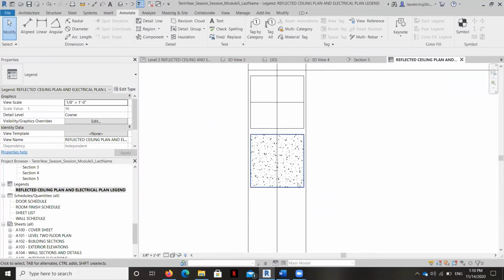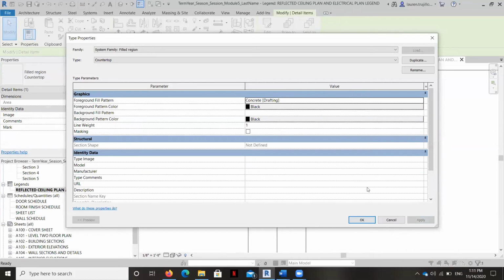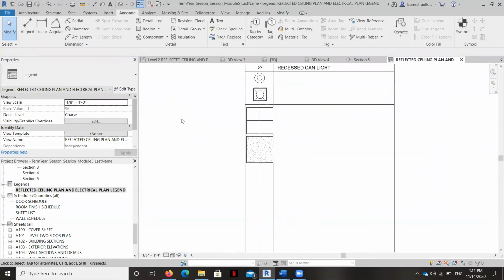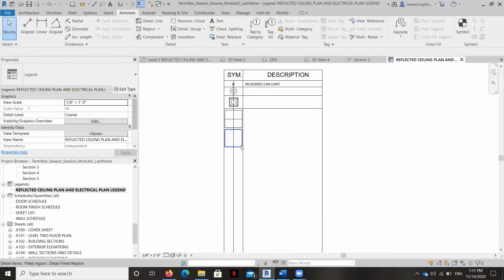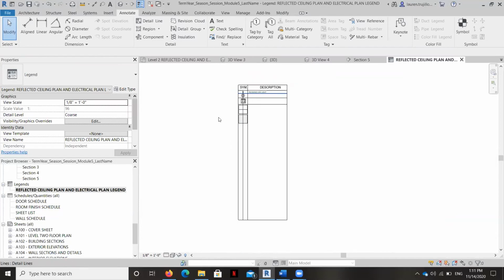Okay, and let's just check that finish, because it says countertop, but it's concrete. Okay, so that's good. So it's going to look the same when it's sitting next to the finish. And then the only other thing that we've got to do is create the finish for the wood ceiling. So you ought to be able to do that now that you've seen how I've done this one. And those I usually put at the very bottom. So you've got your placement of the symbols, you know how to create filled regions for the ceilings, you know how to create your text box.